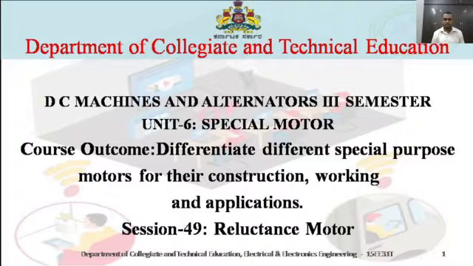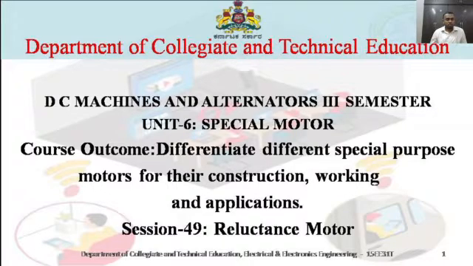In the universal motor, for the supply, we can give both AC as well as DC. It works as a DC series motor. If you supply DC, the direction remains the same. If you give AC also, because the same current flows through both the field and the armature, the direction remains the same, unidirectional. Hence, we can use both AC as well as DC. That's why it's called a universal motor. So this was our last session regarding the special motors, the first one.